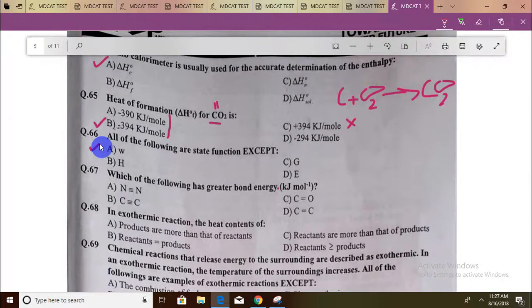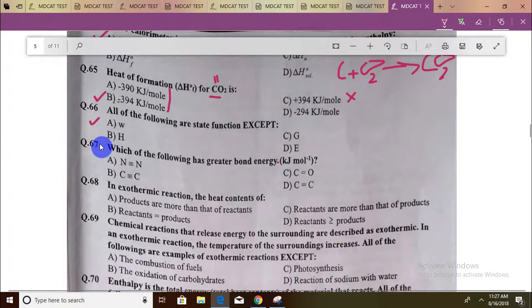So which of the following has the greater bond energy? Now generally speaking, the more bonds we have, the greater the bond energy. And because after carbon we get nitrogen, that means nitrogen has a smaller size, and so a smaller size is likely to have a greater overlap and a greater bond. And in this case you're indeed right,